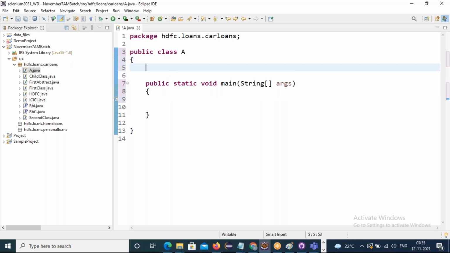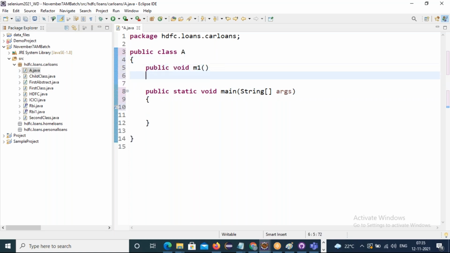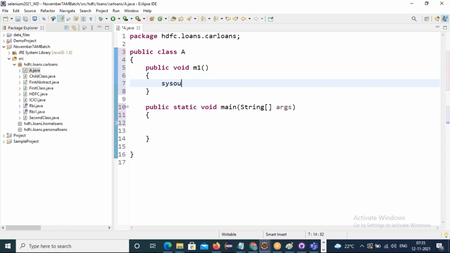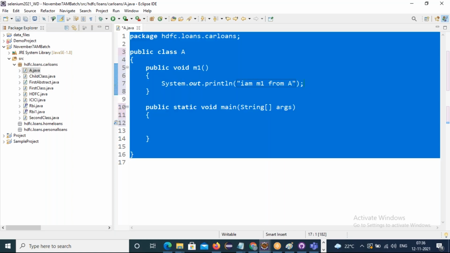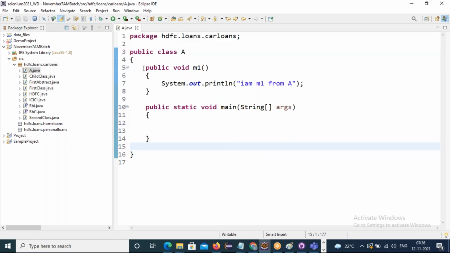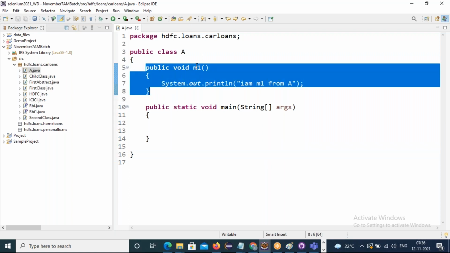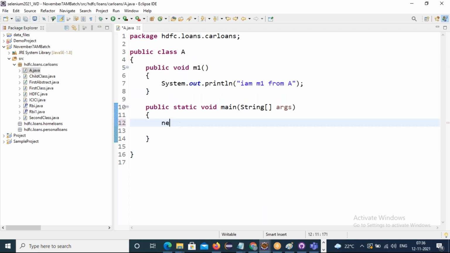Here I define a method, void M1, with one statement: M1 from A. How do I call this M1? Just by creating an object for the A class, and with that reference variable I can access the A class defined M1.